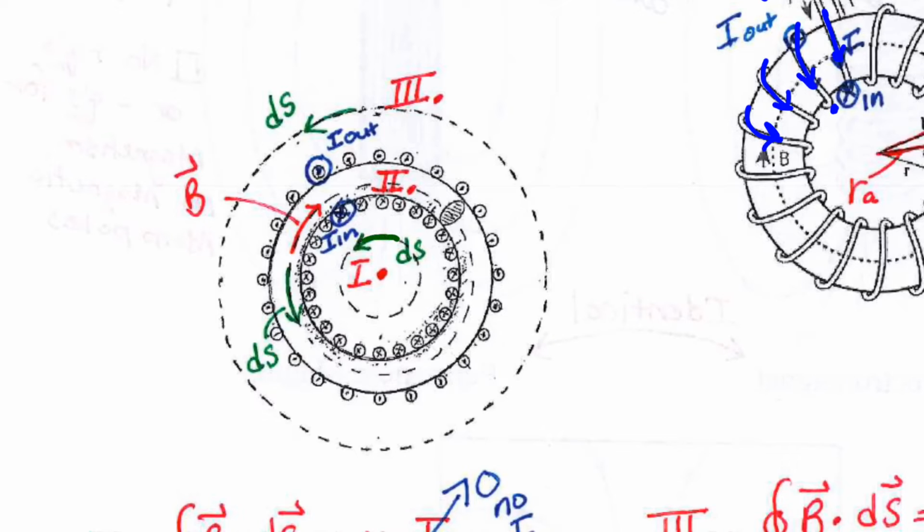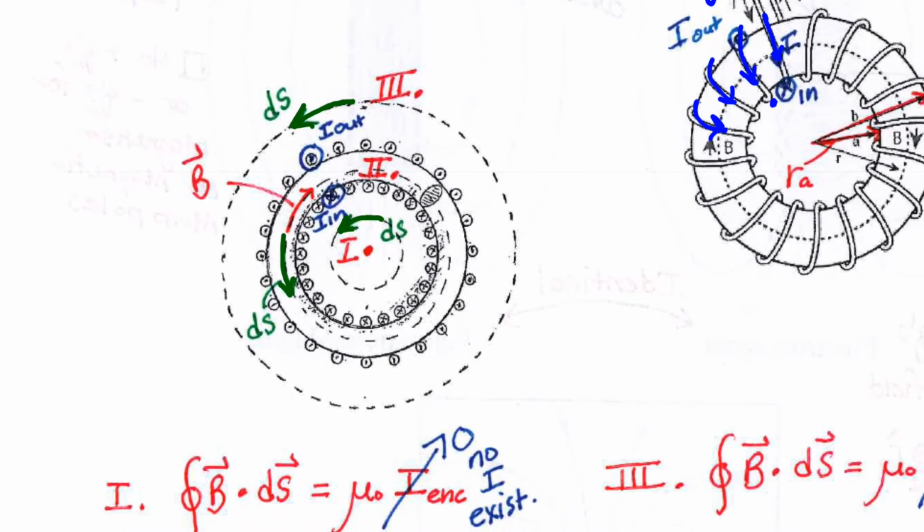We have an Amperian loop in what I'm calling Roman numeral region 1, so please put that in. An Amperian loop inside the core of the toroid, Roman numeral 2. And then an Amperian loop outside of the toroid in Roman numeral 3. This is a very short page of notes for us, and the derivation is very short because, as you can see,